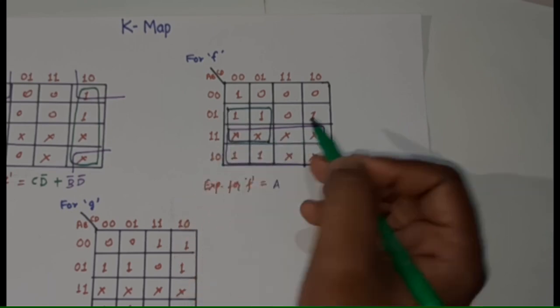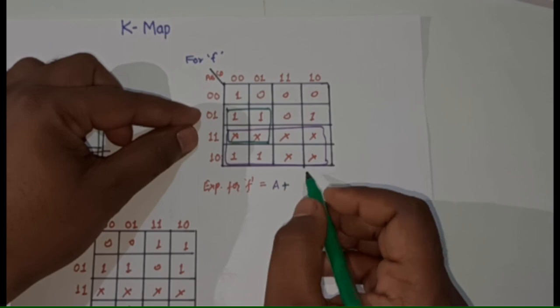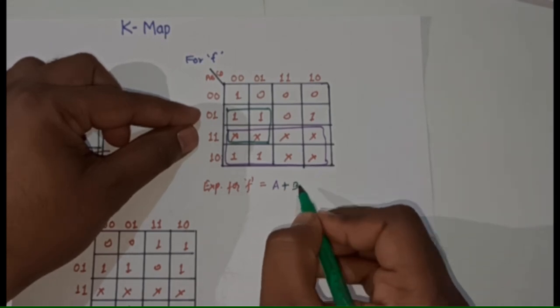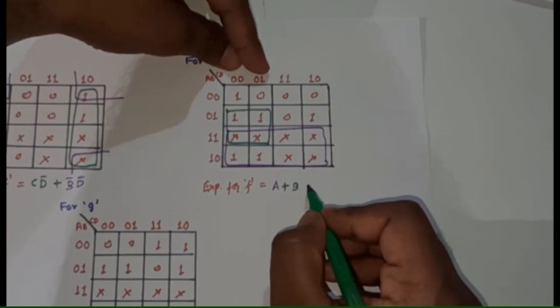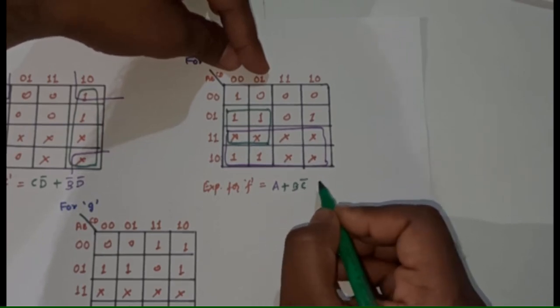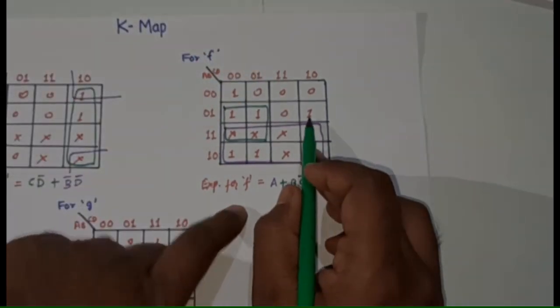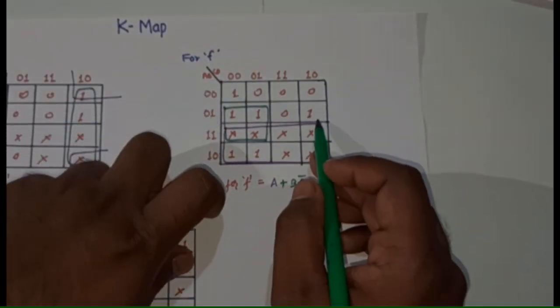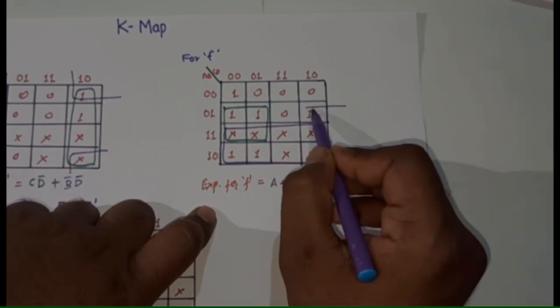A quad will give me 2 variables. Very good. So here A is changing but B is 1, so we will write B. Here C is not changing but C is 0, so we will write C bar, but D is changing, so we will not write it. What is left out? This one is left out, again this one is left out, so we will find another quad using these 4